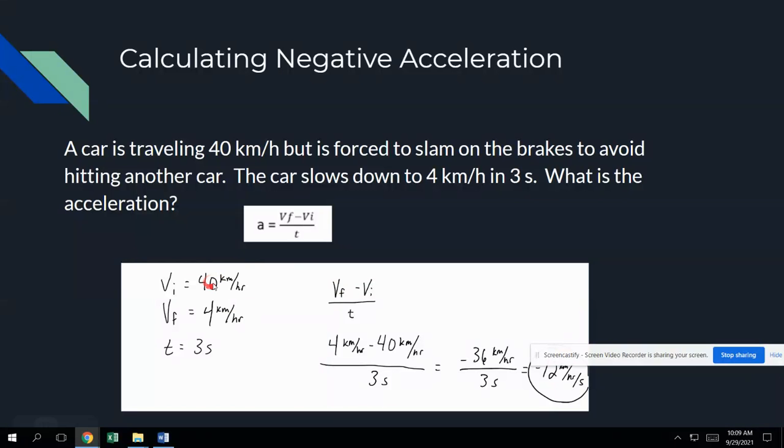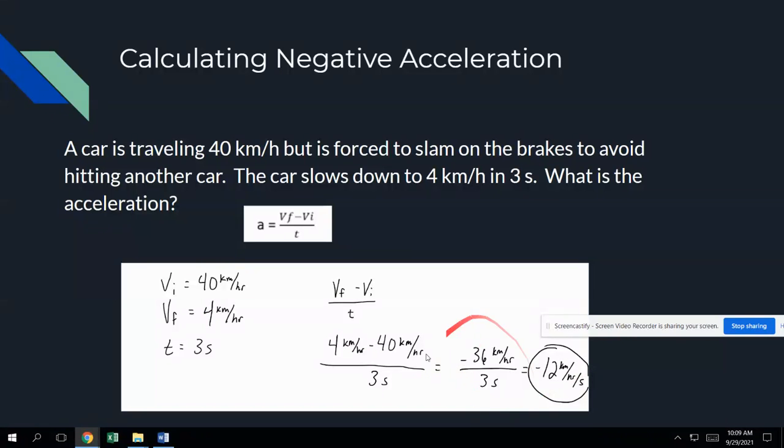We want to write that 40 in right away because that's the first number we have written down. Don't do that. You're writing your second number down. The final velocity goes in there for 4, and the initial velocity is 40. It took 3 seconds. So I'd subtract those two, and I'm going to get a negative number, and that's okay. All right, because acceleration can be negative. We just learned that. Negative 36 divided by 3 equals negative 12.